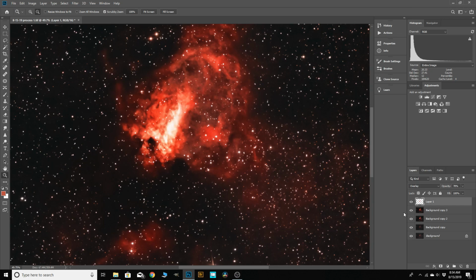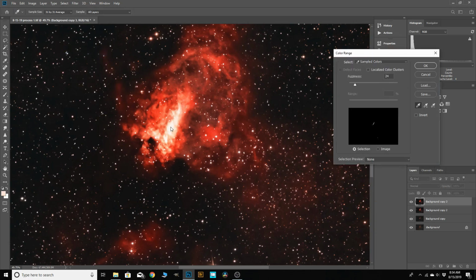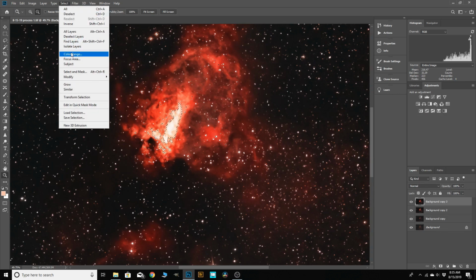And this right here probably needs to get toned down, so we're gonna move that layer down. Color range. We want to choose that right there because it's getting pretty bright. And for those of you doing the Orion Nebula or Andromeda Galaxy, where the cores get real blown out, the trapezium gets real blown out, this is good, but just go back in and spot tone that down. So we grab just that, select,